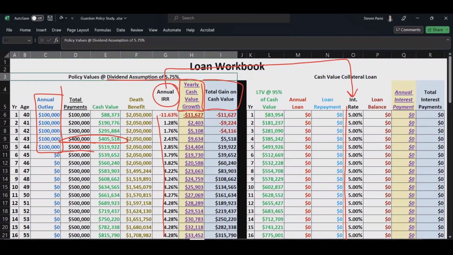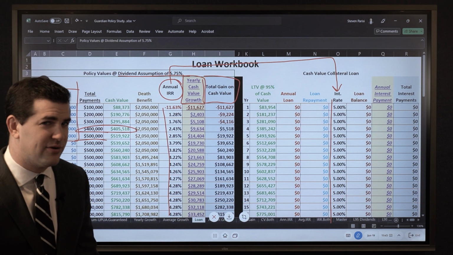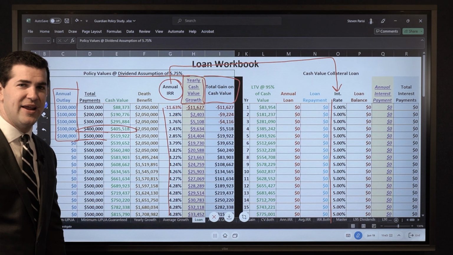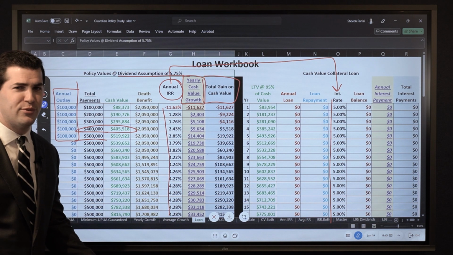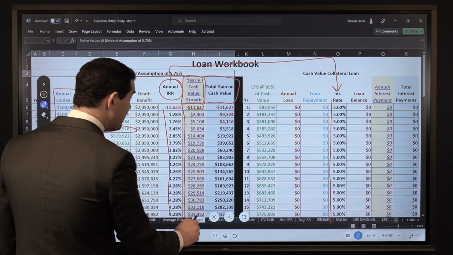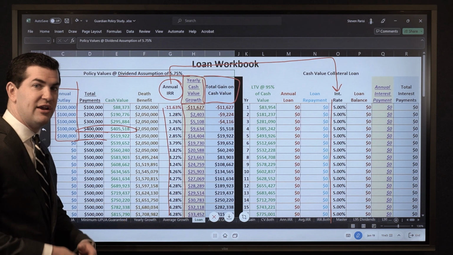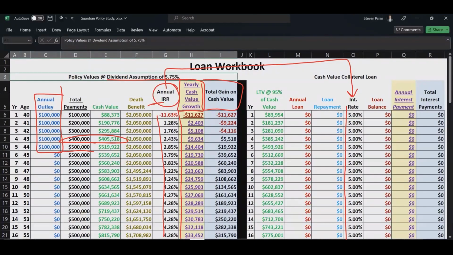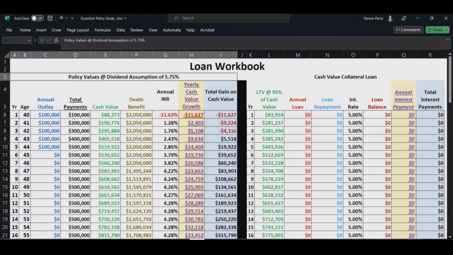And if we wanted this to look positive, we could plug in the indexed illustration, but then we're looking at hypotheticals and setting ourselves up for a situation where, hey, I'm going to be positive. And then if the product does not perform or the market doesn't perform, it might not pan out. I don't really like doing that at all. But some people will like to plug in the indexed values just to see a what-if scenario. That's fine, as long as we're looking at things conservatively too. But here, we've got the rates side by side. But these two are really what I like to look at. The yearly cash value growth and the total gain.